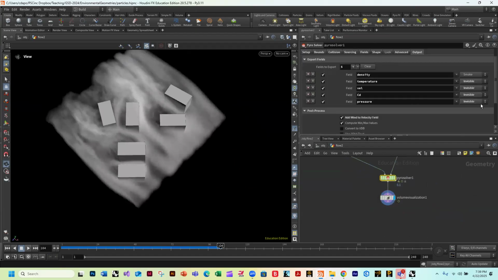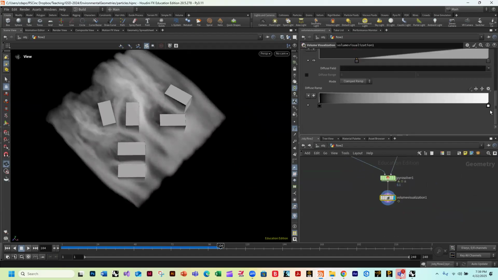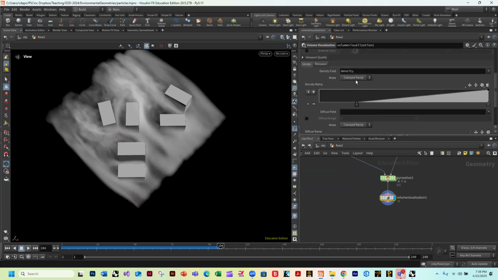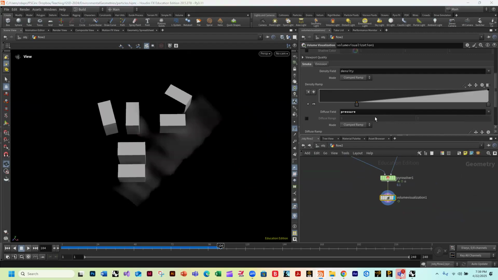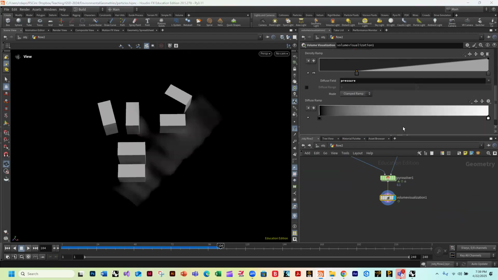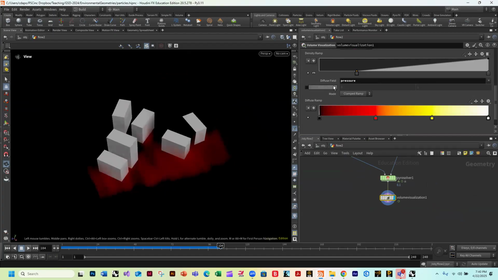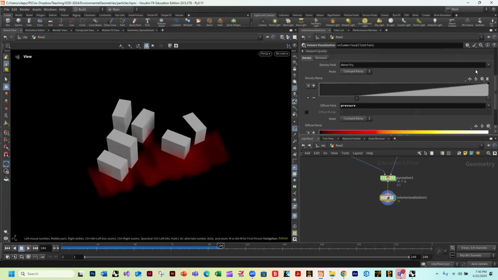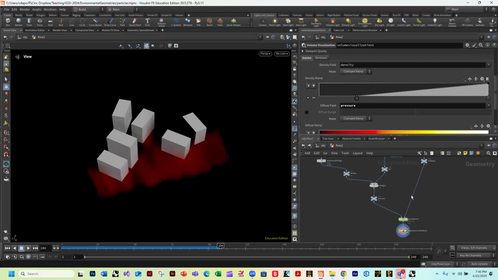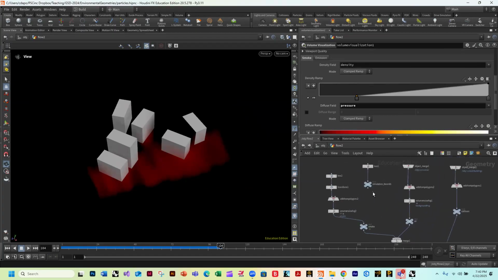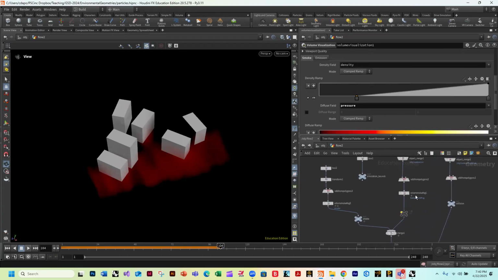And in this volume visualization, if I want to see the pressure field, I could change this. There's the pressure, but it's only displaying within the smoke. If I want to see it everywhere, I need a field that will show it. So that's why I sometimes create one more field here called